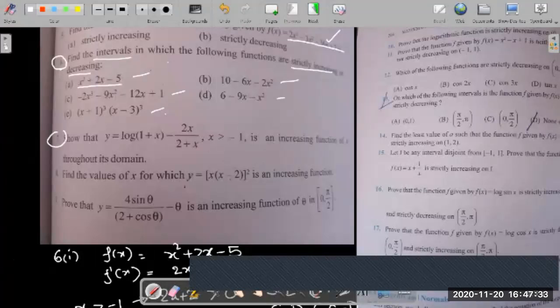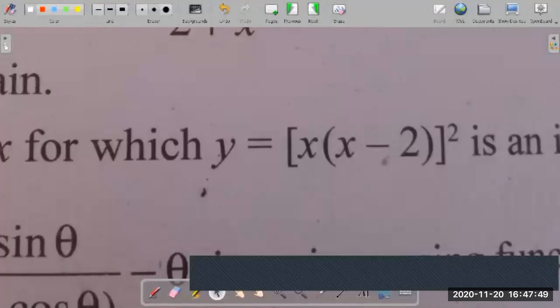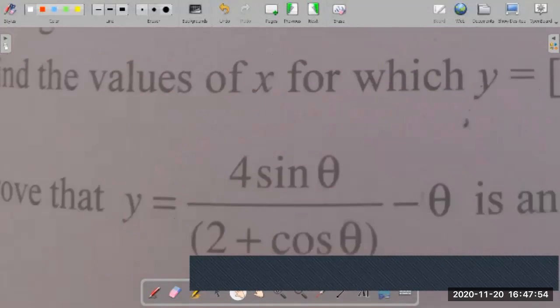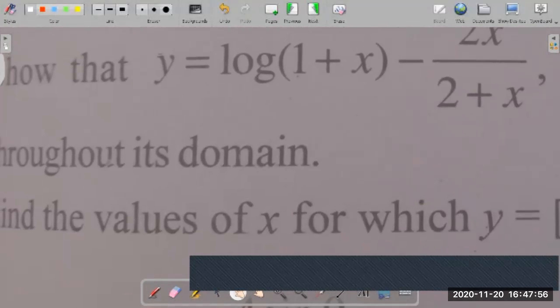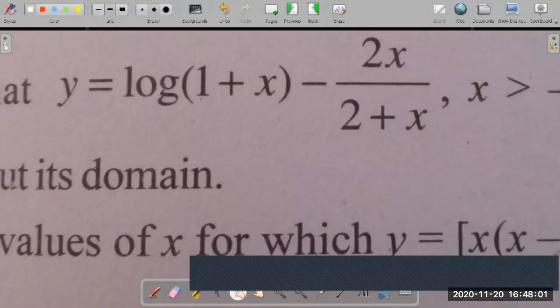So let's take the first one. So we have this entire thing, copy it and add to new page. So this is the page we are getting. So let's suppose, this is a function y is equal to log 1 plus x minus 2x divided by 2 plus x,